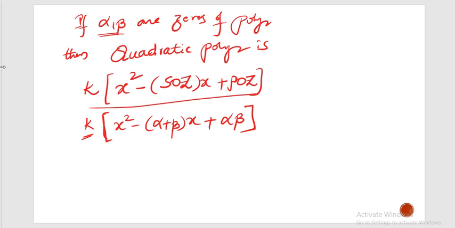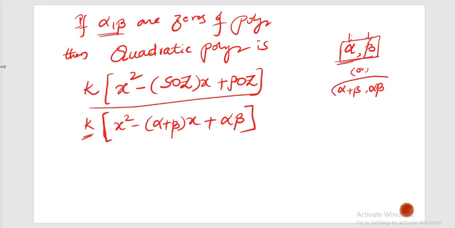While solving the problems, you need to read the question carefully, to see whether the given things are alpha, beta or alpha plus beta comma alpha beta. While solving the problems you need to understand these two particular situations. If he gives you two zeros alpha and beta, if he mentions that he has given zeros, then you need to understand that you are given alpha and beta.